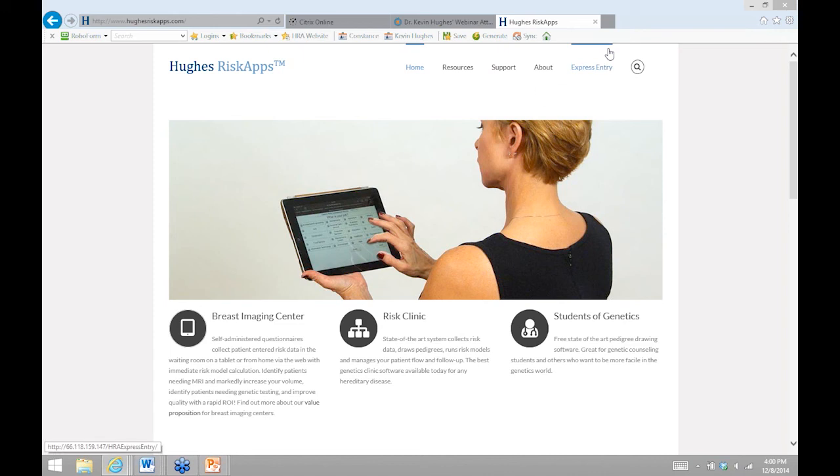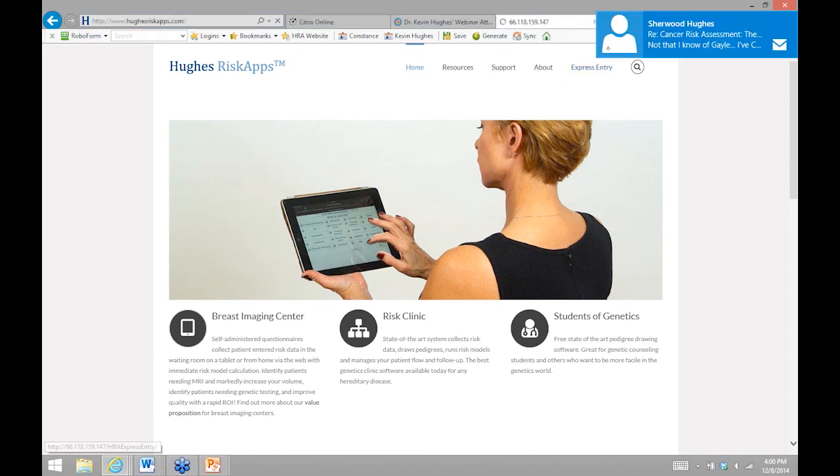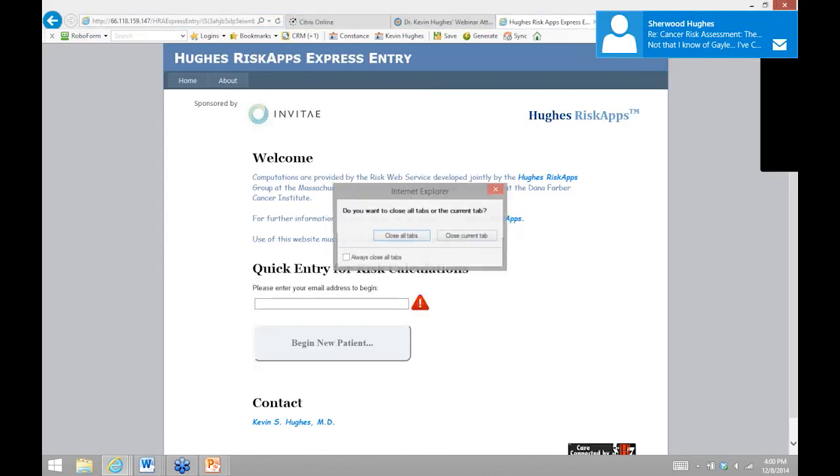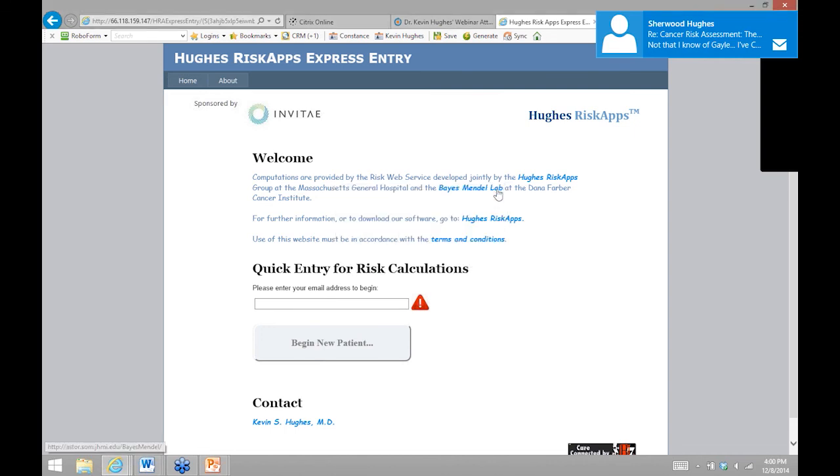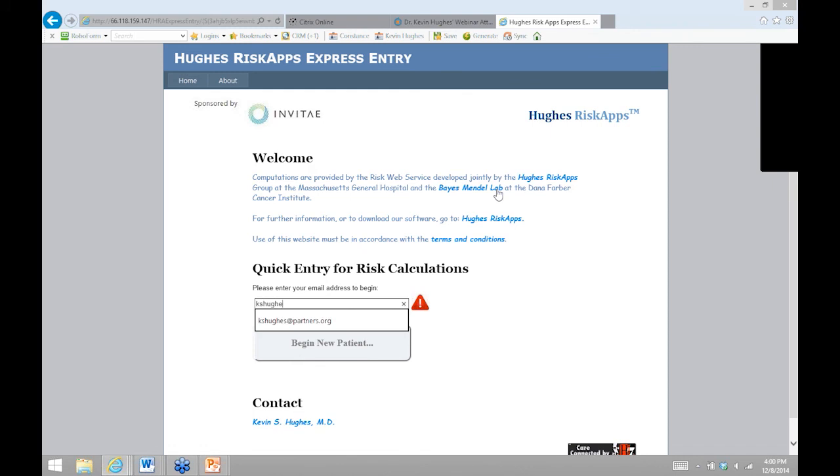But if you go to Express Entry here, on Express Entry, you put in your email address,